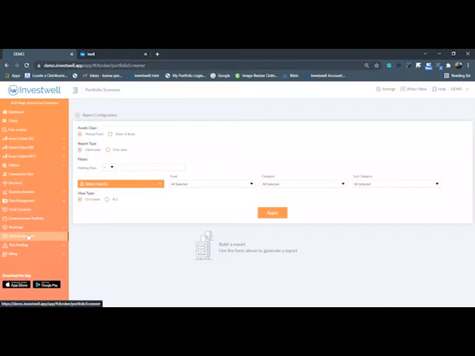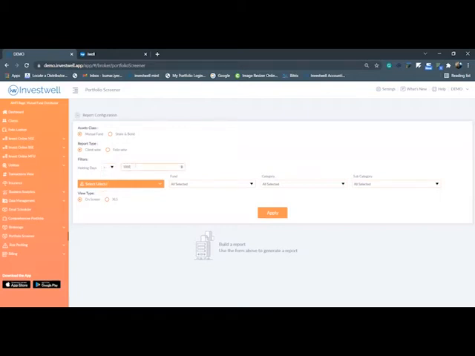Now moving to today's second topic, which I'm going to cover, the Portfolio Screener. Portfolio Screener is an MIS-related report. You can find it here beside Brokerage. You can generate the Portfolio Screener report for mutual funds as well as for shares and bonds. There is a filter available for you. Let us assume under mutual funds, you want to list specific folios or specific clients who have holding days greater than, lesser than, or equal to so-and-so days.